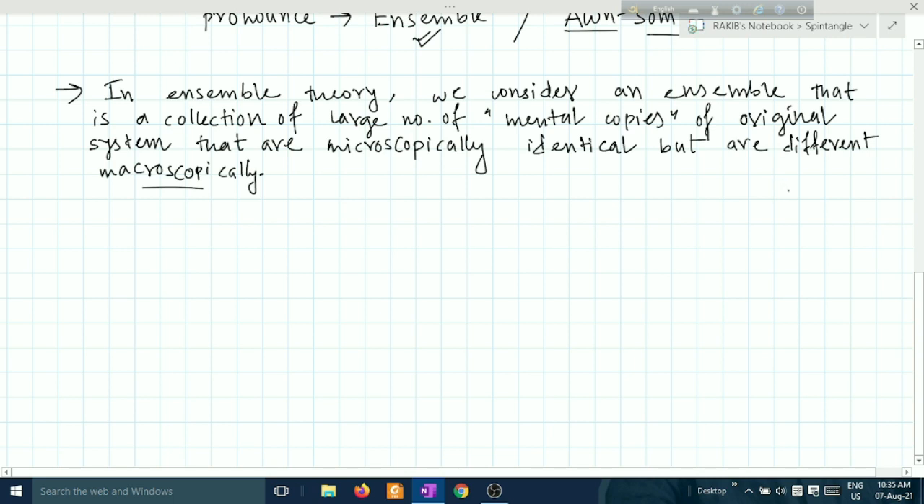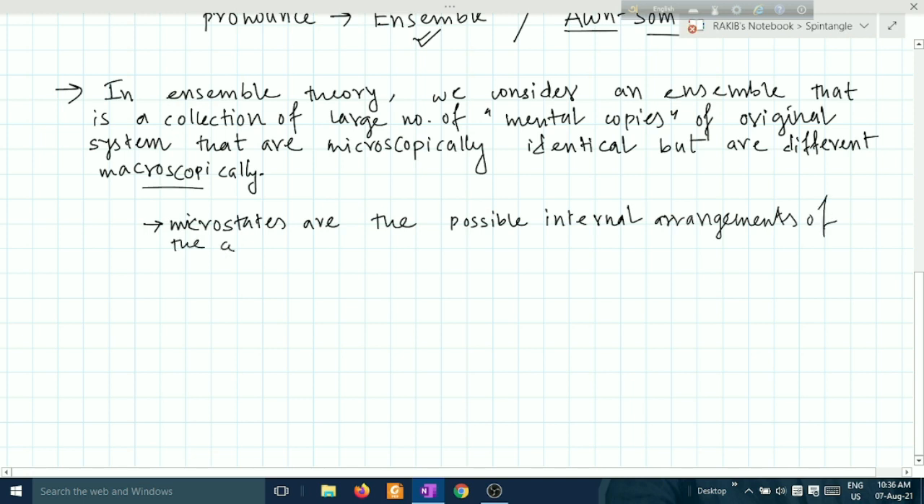What does it mean macroscopically? We know what microstates are. Microstates are the possible internal arrangements of the constituent particles. This means if you are looking through this fact that